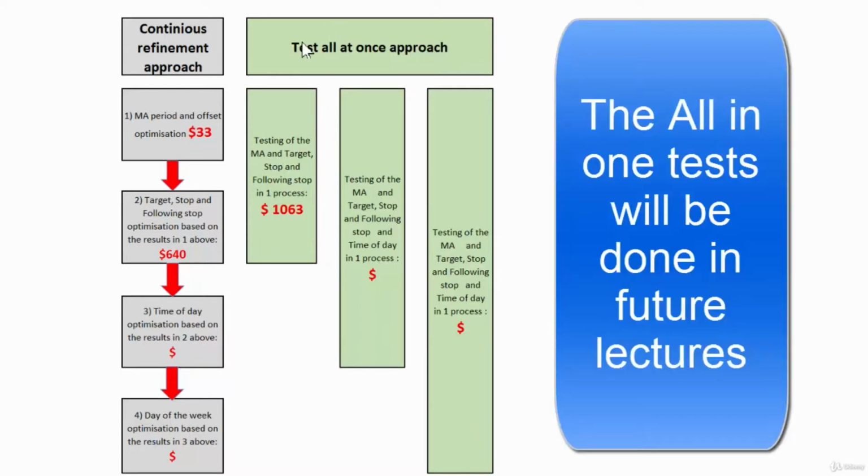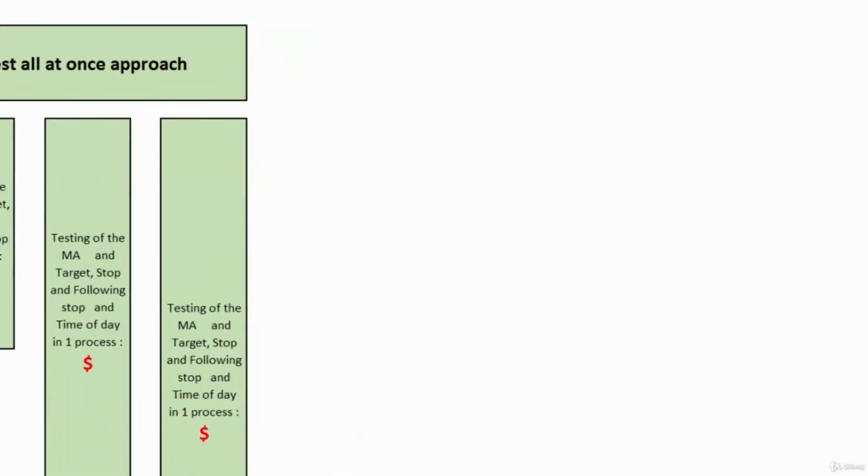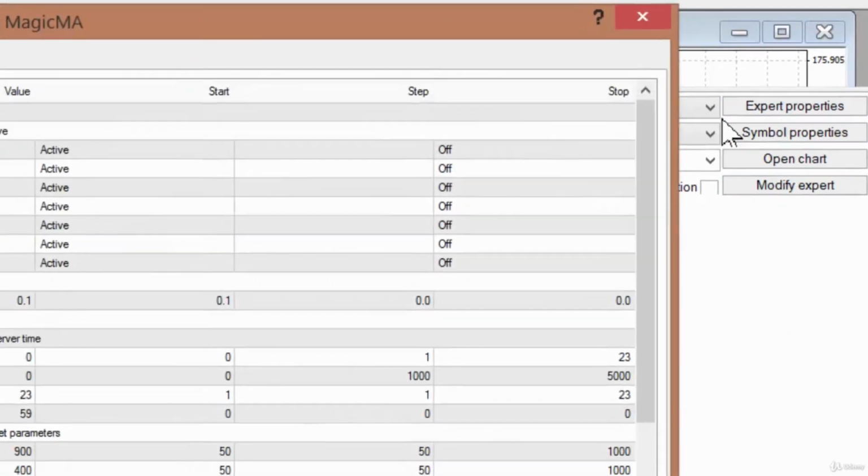We'll also be doing the test all at once approach, and once we have completed testing all of the three processes in once, we'll also have a number to put into that approach. So that is what we're going to be doing in this lecture, is doing the time of day optimization for the continuous refinement approach. So to do the time of day optimization, I'm going to click on Expert Properties, open